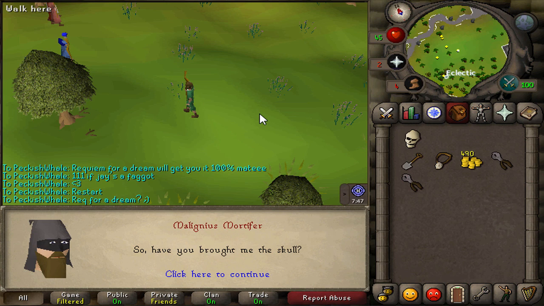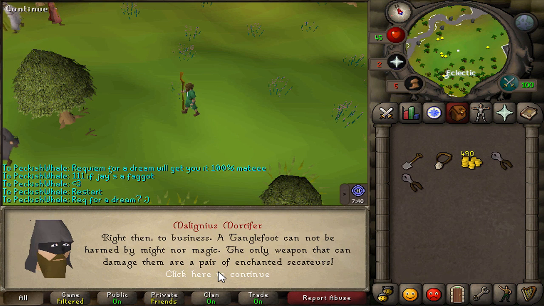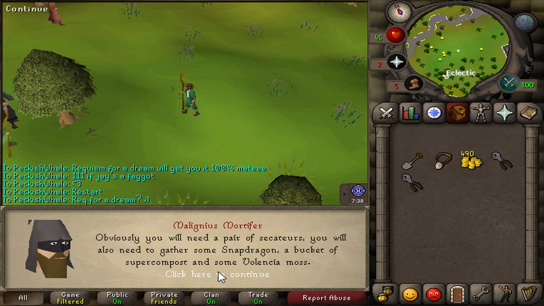Okay, so I'm now up to the part of the quest where Malignius Mortifer tells me what items I need to collect. So I'm hoping they're going to be relatively easy and nothing too difficult. So here we go, what's he going to say? And I have to collect...